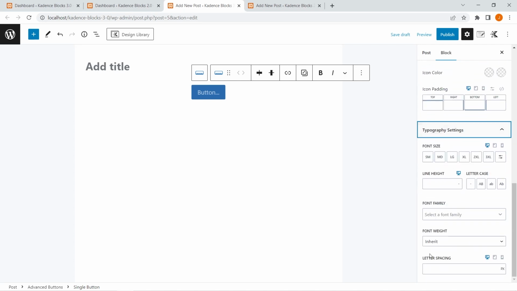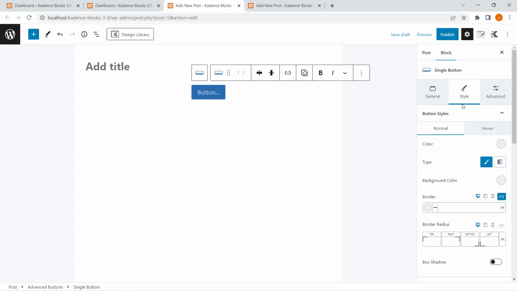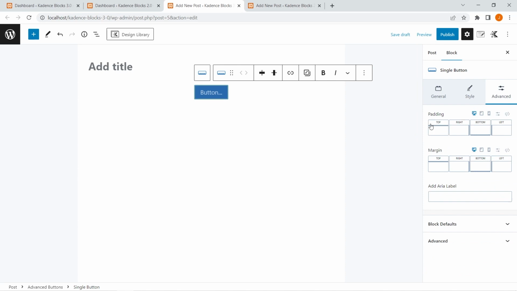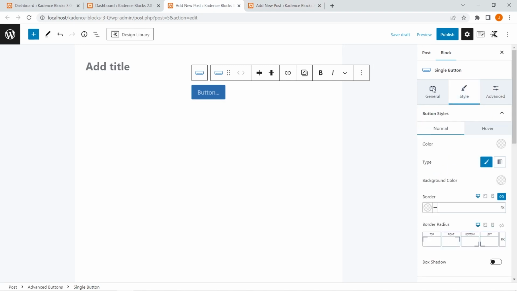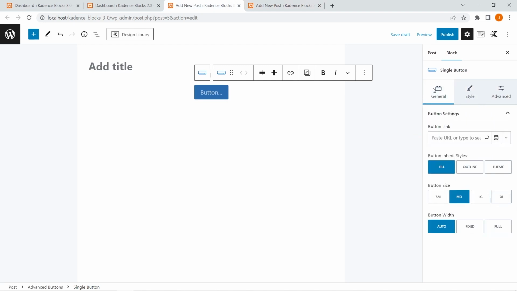Then you have the typography. So all the style settings are under the style tab, which is here, and the next comes the advanced settings, where you have the padding and the margin control, block defaults and the advanced. So this makes the block controls look more organized, although you are used to the old way. So we can argue that okay, we were comfortable working with this, hence this is more organized, but this is a better organized structure. In the coming days, you will see this in WordPress as well, because